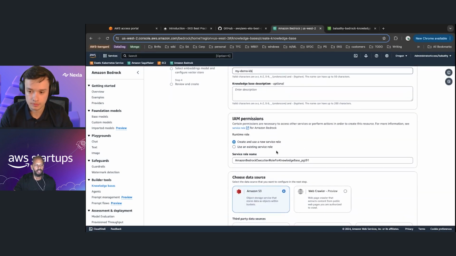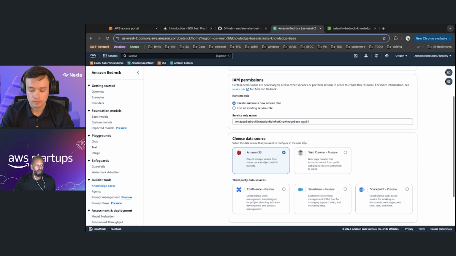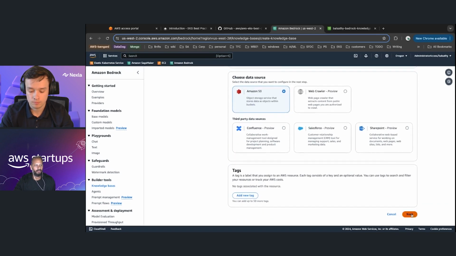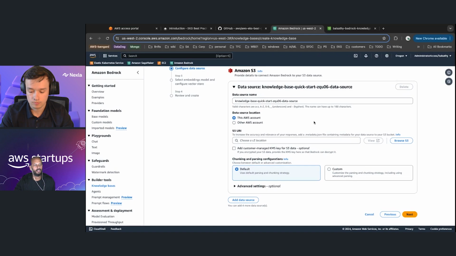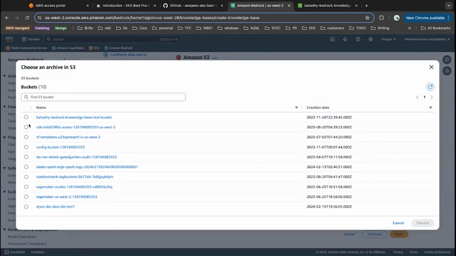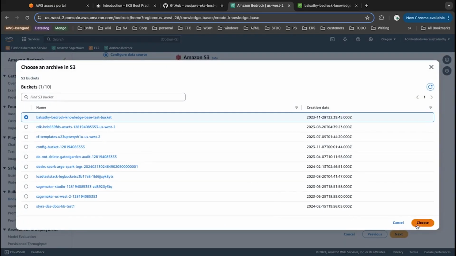You can specify an IAM permission, a principal with authorization to access the S3 bucket where your data is sourced. I'm going to create and use a new service role, and the data source here in this case is S3. If I hit next, you can give your data source a different name, and then browse S3. You can select your specific S3 bucket,